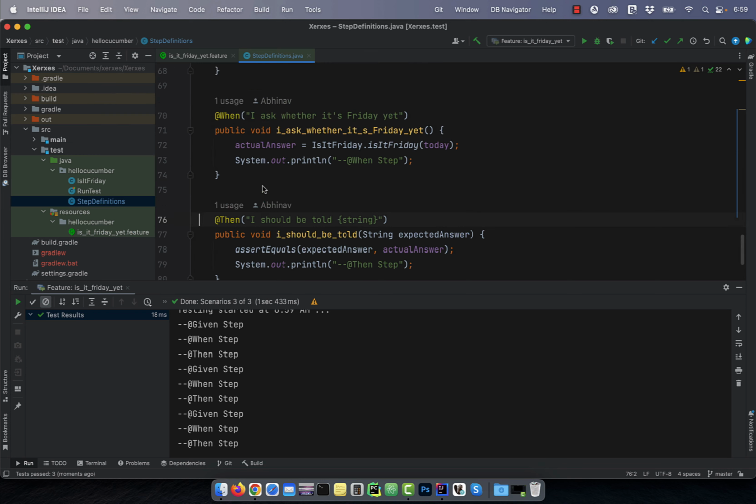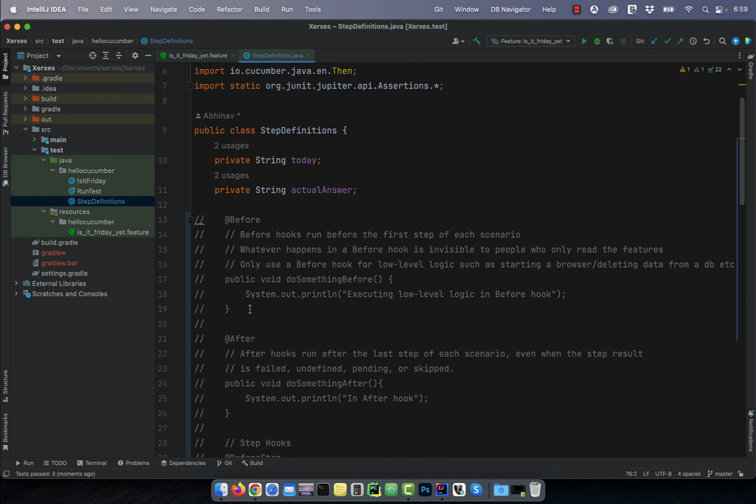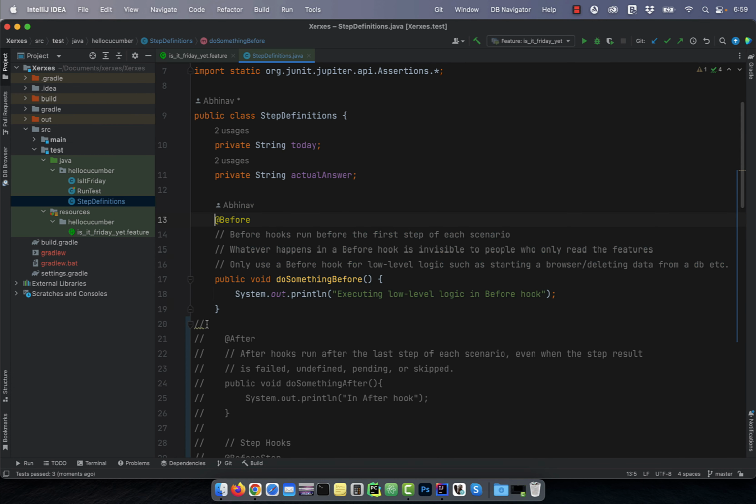Now, let's look at the @before hook in the step definitions file. Before hooks run before the first step of each scenario, and whatever happens in a before hook is invisible to people who only read the feature files. Therefore, you should only use a before hook for low-level logic, such as starting a browser or deleting data from